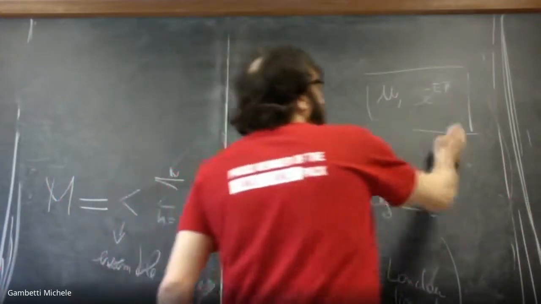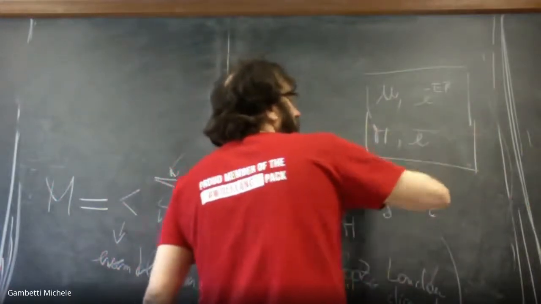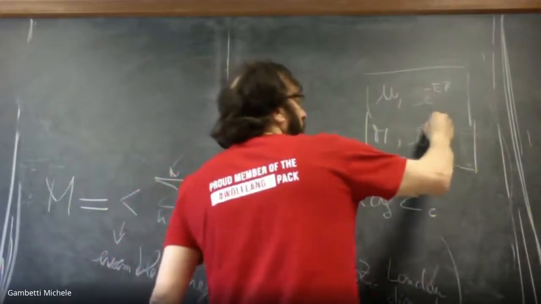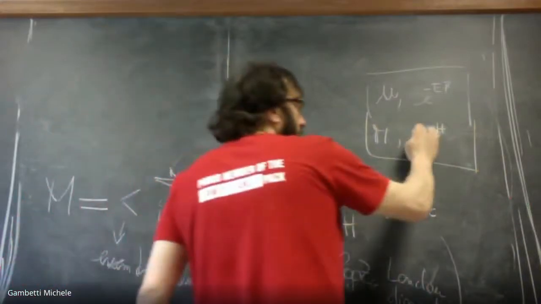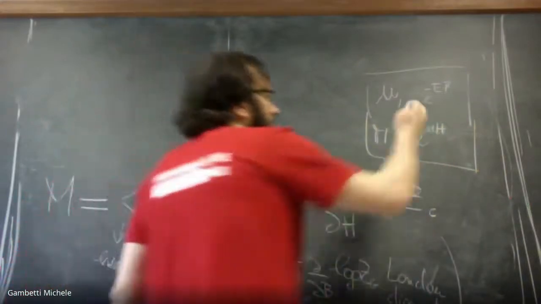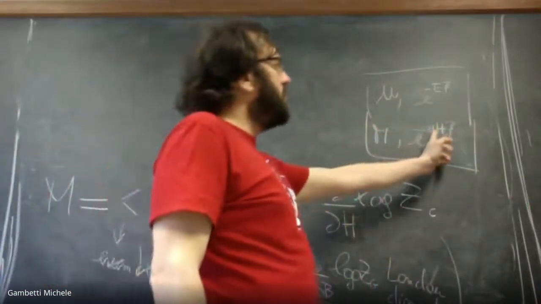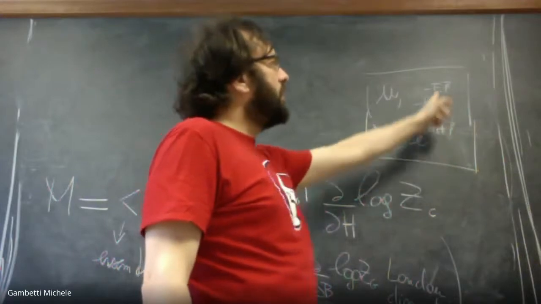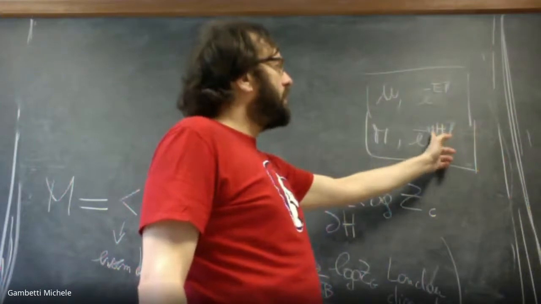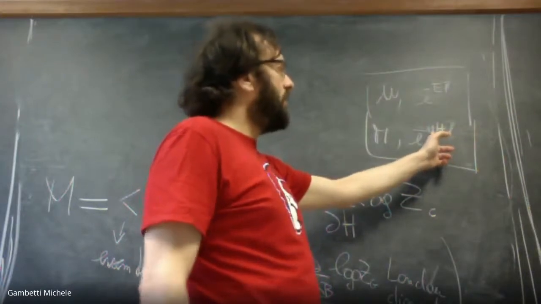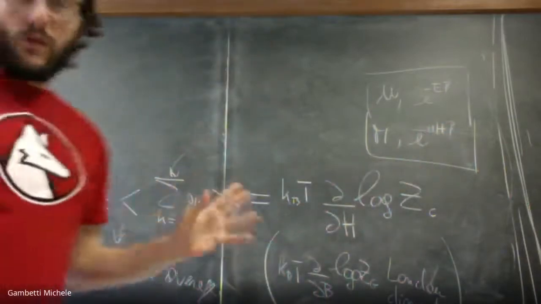If you want to compute the magnetization, now in the ensemble, the magnetization will be coupled to the magnetic field, actually this time with a plus, and okay, there is a beta also, of course. And so if I want to find the average of E, which is the internal energy, I derive with respect to beta. If I want to find the average of M, I have to derive with respect to H. Okay, so the structure is similar.